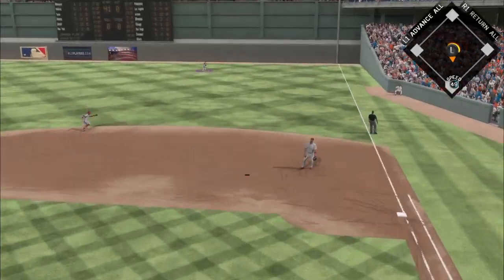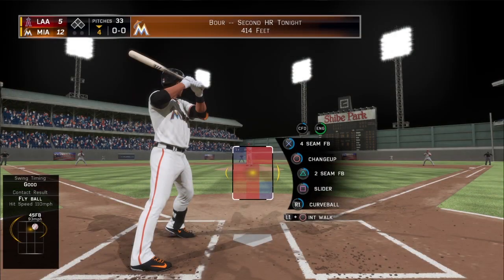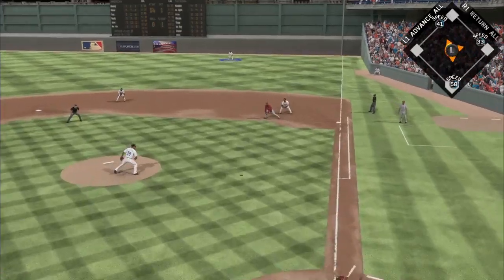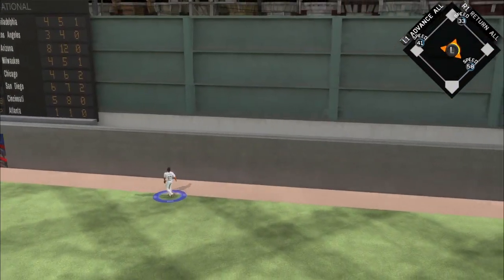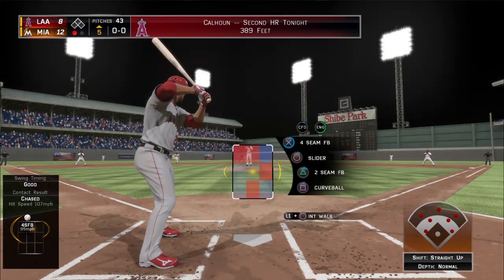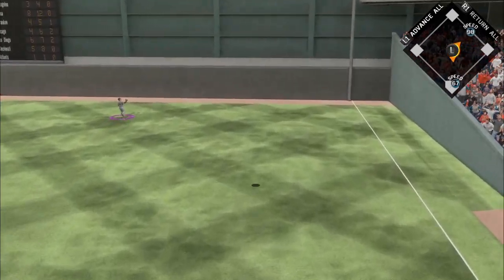That time I was just to the 2 or 3 o'clock to the right. How about this one? Let's see where it is. Just to the 1 o'clock, 2 o'clock, pretty close to the dot though. I also noticed guys who had hot zones in the top also crushed it much better. I actually had some trouble with Mike Trout, who you will see have a monster like 480-foot home run or